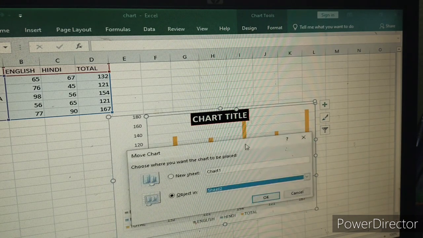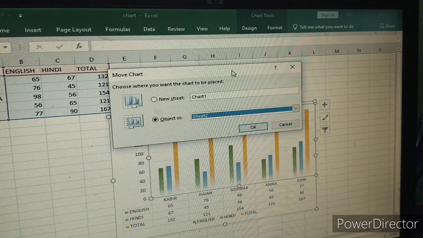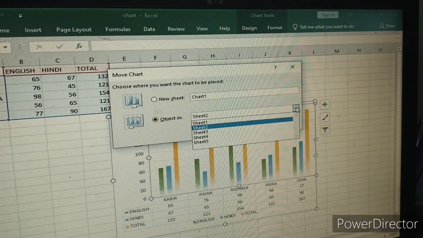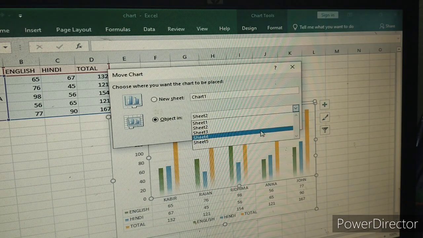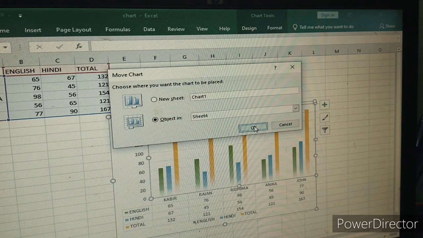Okay, now a dialog box appears on your screen. Here it shows New Sheet, which means if you want to create your chart in a blank new sheet, it will show your chart in a new sheet. If I want to show my chart in any sheet, sheet number 3, 4, 5, 6, anywhere, I have to select it. Suppose I want to move my chart into sheet number 4. Okay, now press OK.